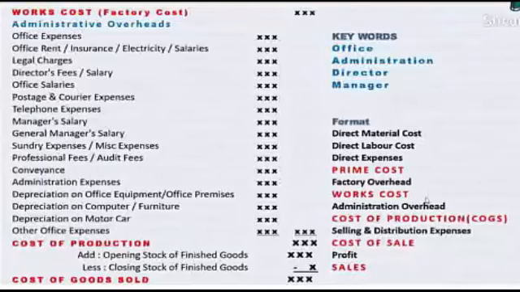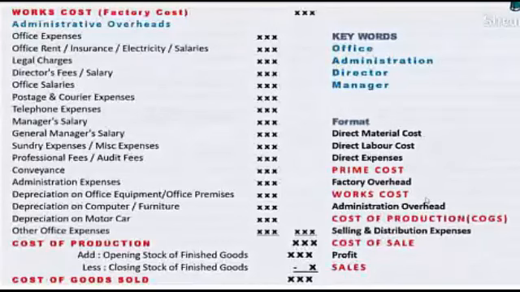Now there are many technicalities in this. Somewhere we have added opening stock of WIP, here we are adding finished goods. All these are future workings you have to do while preparing a cost sheet. But first we should know what a cost sheet is and how the cost sheet is based on classification of cost. Once we understand the classification of cost, then we can go for preparation of a cost sheet. And while preparing a cost sheet, we should know the technical adjustments for stocks, adding, deducting, and how it is calculated.